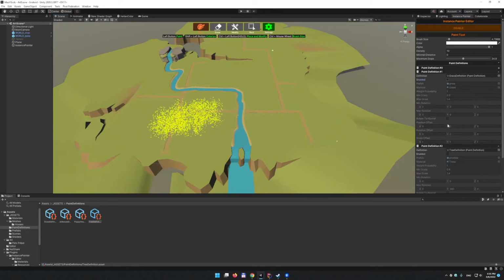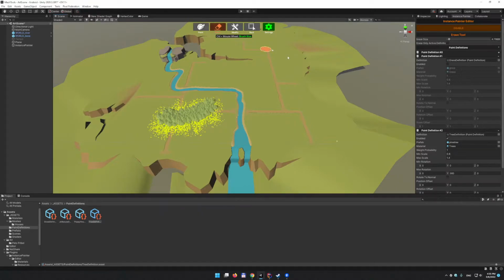And then I disable the grass and enable trees and paint some trees. And if I go here to erase, there is a new function, not just for erase, for different tools as well, to only work with the active definitions. So if I go and erase stuff now, it will only erase trees, or let's say I only want to